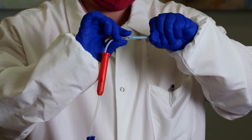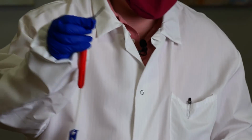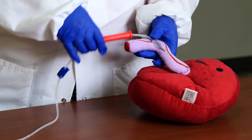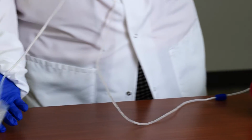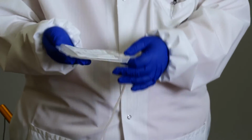The needle cap should be removed, and then the needle will be inserted bevel down into the umbilical cord. This can be inserted into an artery or a vein. Once the blue clamp is released, the blood will begin to flow into the collection bag. To prevent clotting, gently rock the collection bag back and forth, and to aid in the collection of the blood,